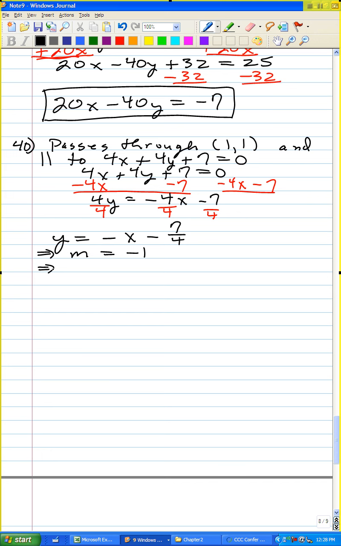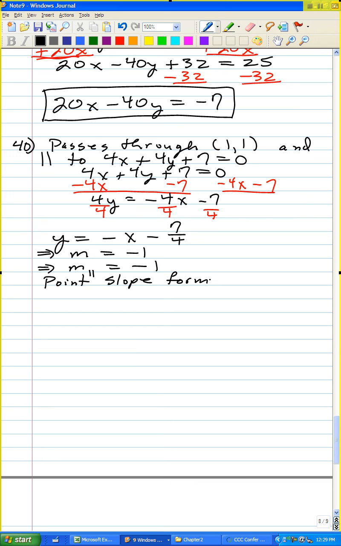Therefore, since parallel lines have equal slopes, the slope of a line parallel to it will also have a slope of negative 1. So now I'll use the point slope form